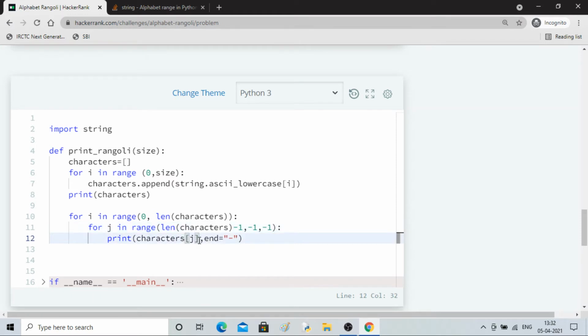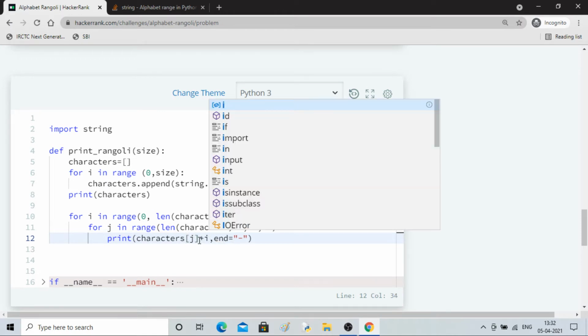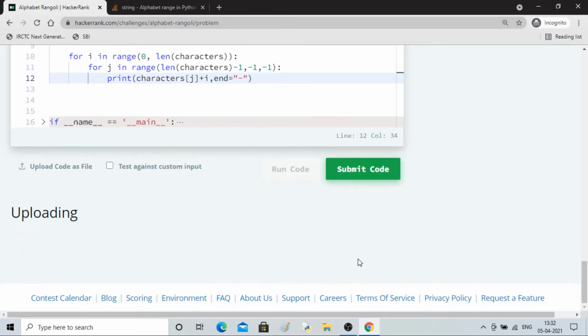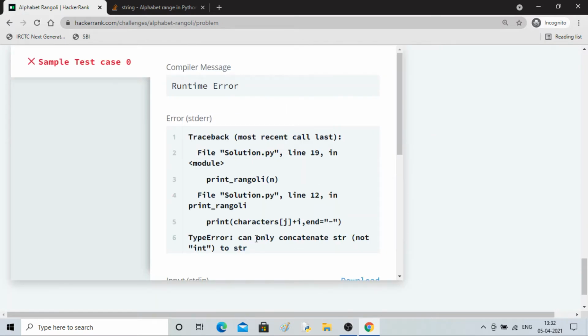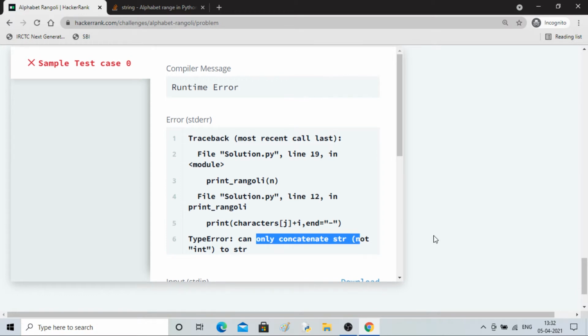Okay, then i, j minus, so 0 plus i. Okay, if that's the case, then it will print correctly, right? Only concatenate string, not integer.